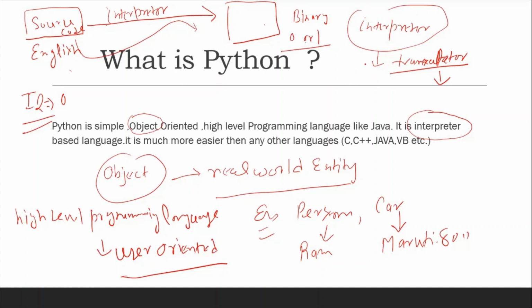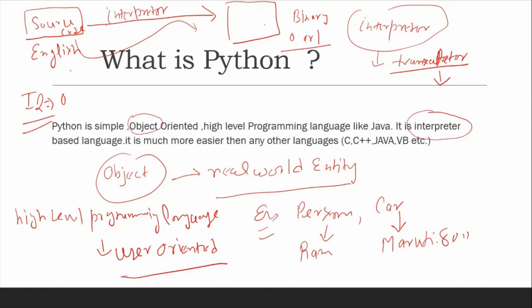Suppose you live in India and you are going to Russia or China. You don't know the language of Russia or China, so you use a translator. That is a mediator to understand each other's language easily. So an interpreter converts source code into machine code.